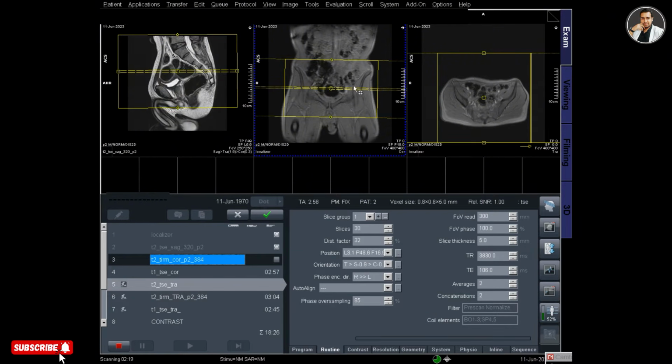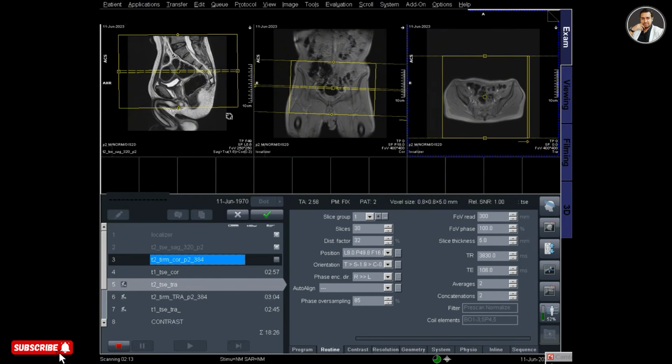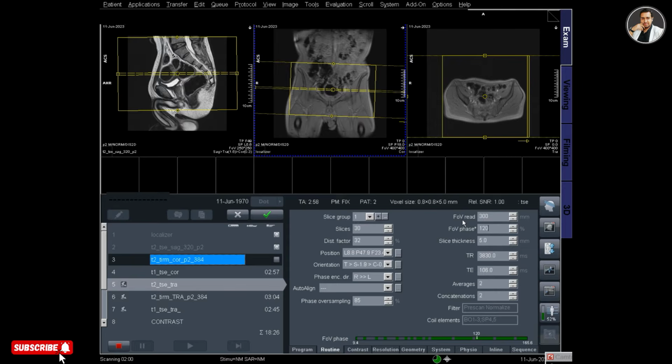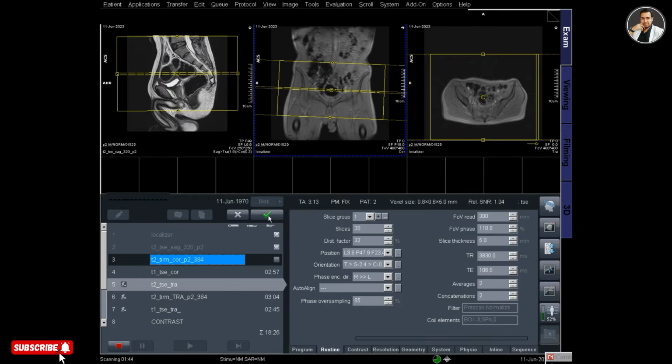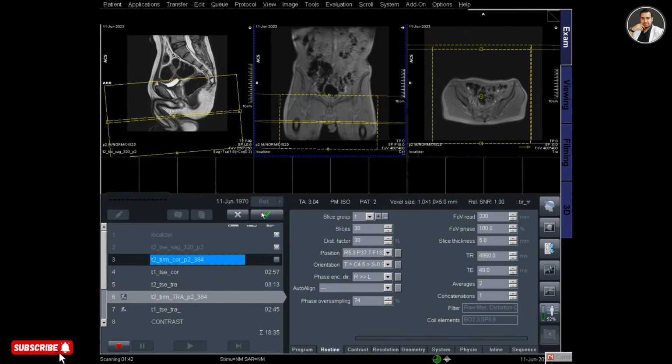You can see that the slice thickness is 5 here, and plan the slices parallel to the iliac bone or parallel to the hip joint, and make sure that the slices cover from the upper part of the iliac crest to below the symphysis pubis, and try to include the testes, and then click apply.